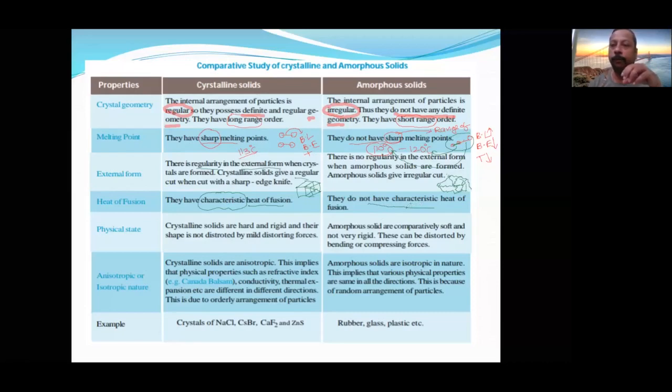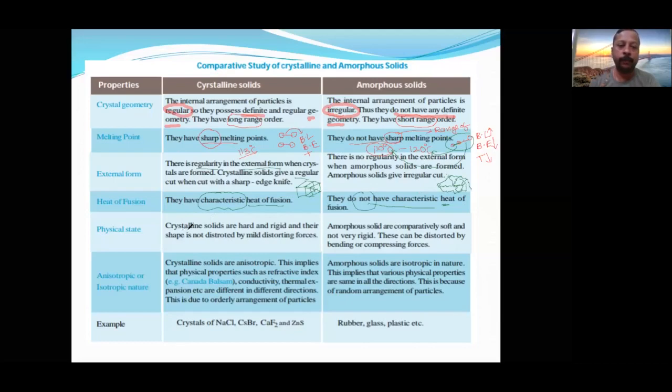But in amorphous solids there is no such characteristic. Sometimes in the core, if you want to melt, you may require a more amount of heat. Sometimes at the bottom left corner, you may require less heat. So we cannot exactly give the correct value. Different places of an amorphous solid are going to require different heat of fusion. That is called not having a characteristic heat of fusion.